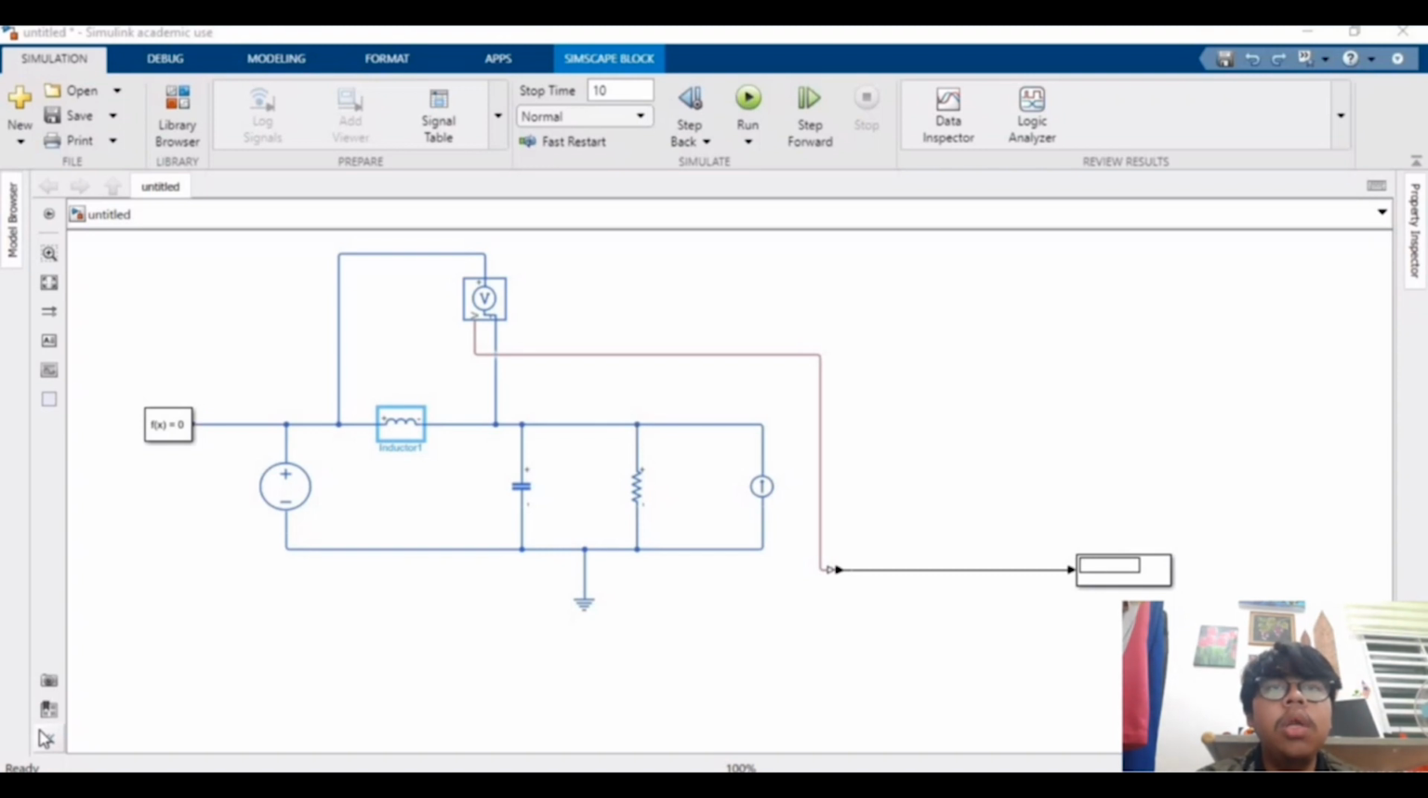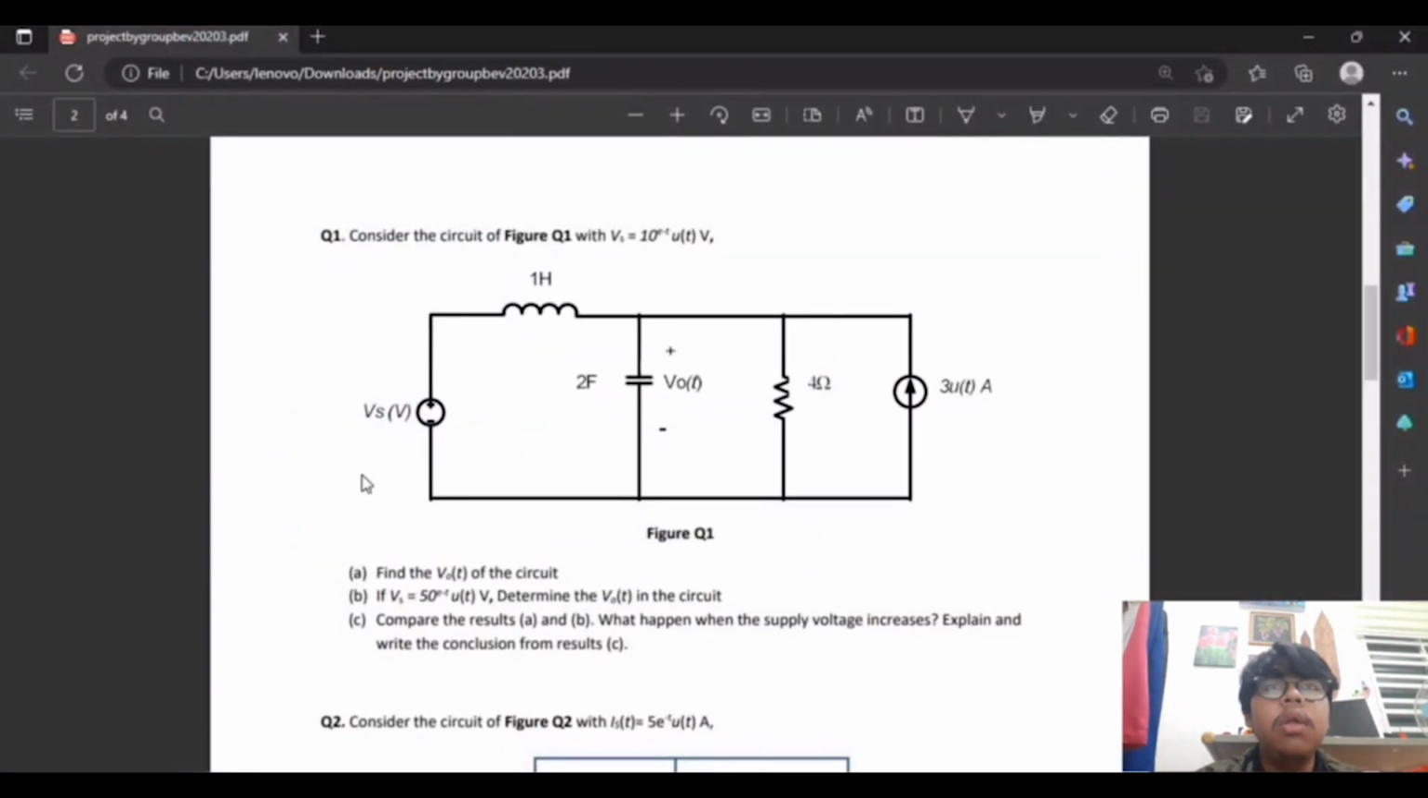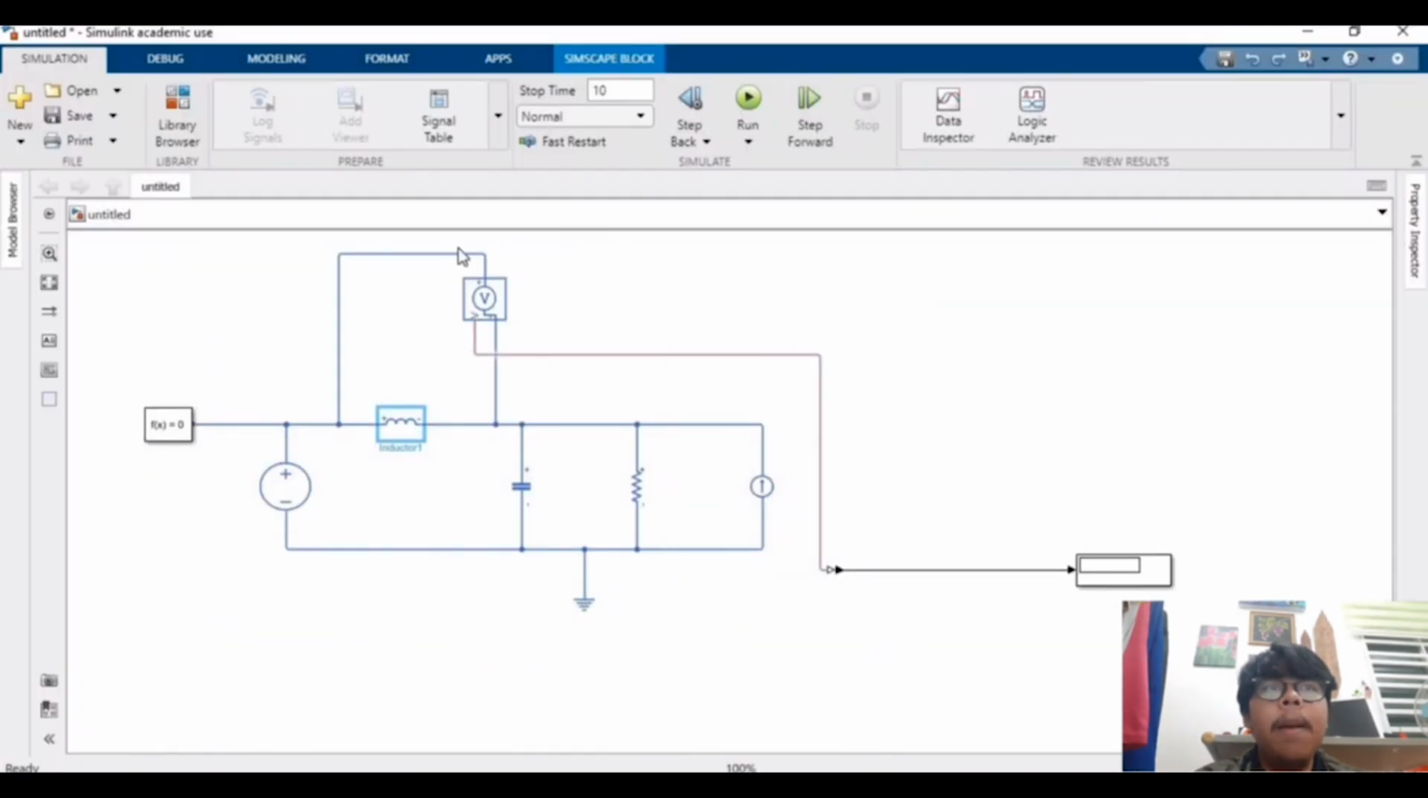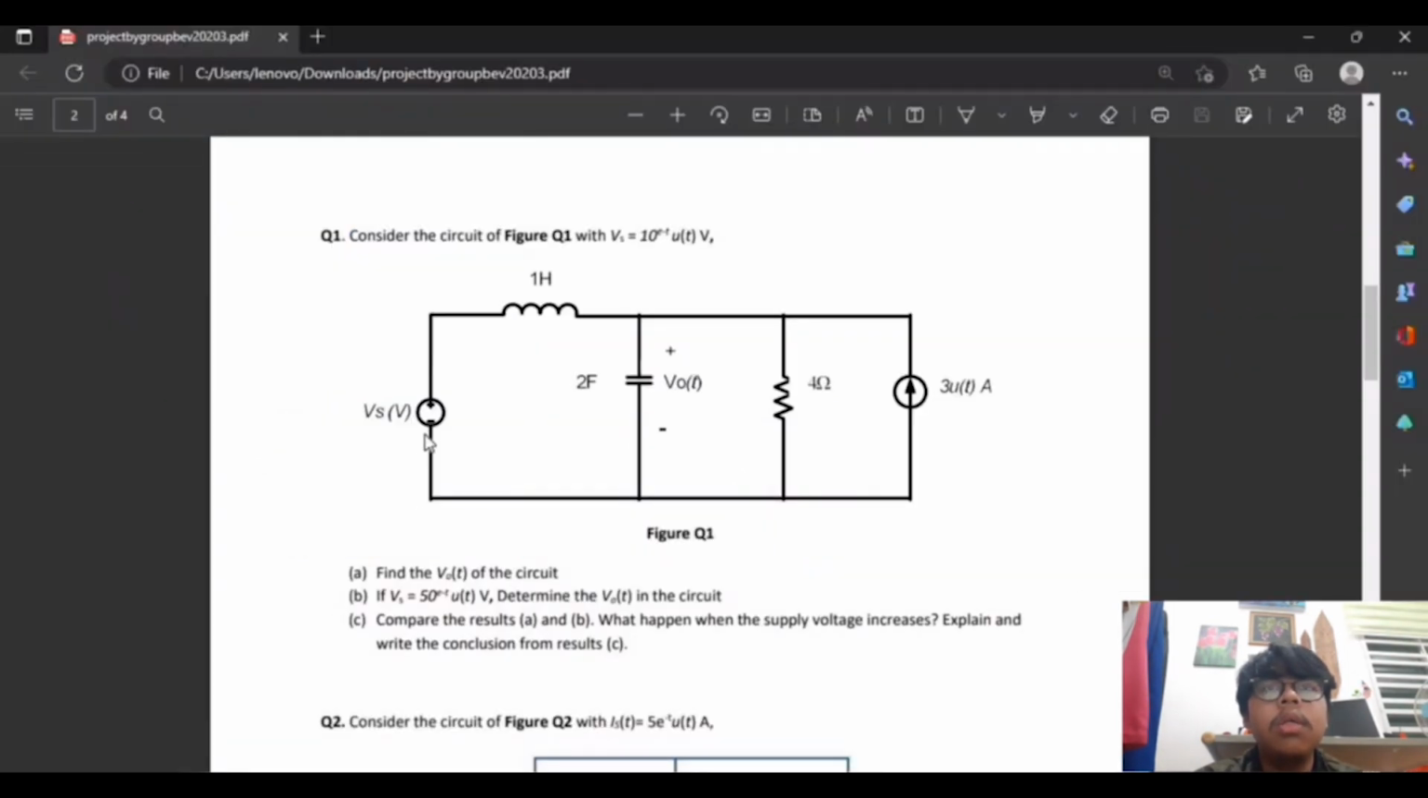So today I will make a video presentation for the simulation transform circuit group assignment project. So the simulation that I use is MATLAB. We need to set up this circuit figure Q1 into the MATLAB. So this is the MATLAB. I already done the circuit, so we need to set up all the resources, the inductance, the capacitor and also